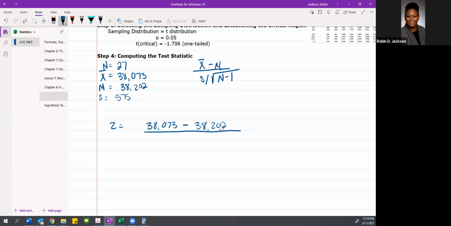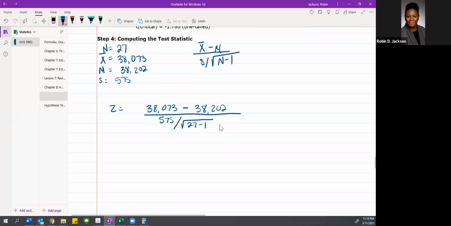That's going to give us, oh, I forgot, we have to do this. Our sample standard deviation is 575. That's going to be divided by the square root of n, which is 27, subtract 1. So let's go ahead and